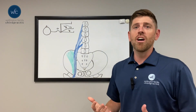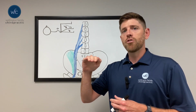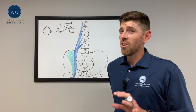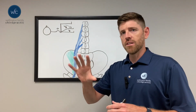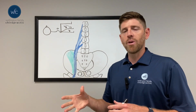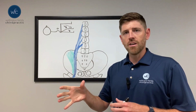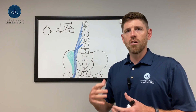So what does it mean you need to do? You need to work on things that are going to help you control the position of your spine. So if you're laying flat on your back, you should be able to keep your low back flat against the floor, close to it. You might lose a little bit of it as the leg goes down, and sometimes in clinic we can actually correct this on the table. They'll have the big clunk as their hip extends or the leg moves down,